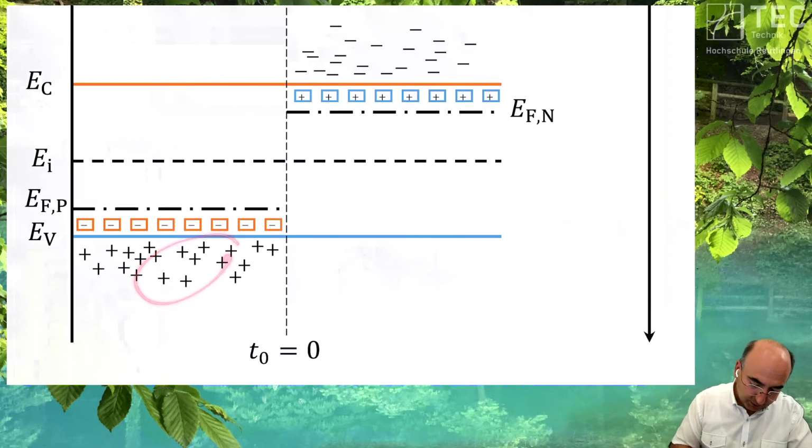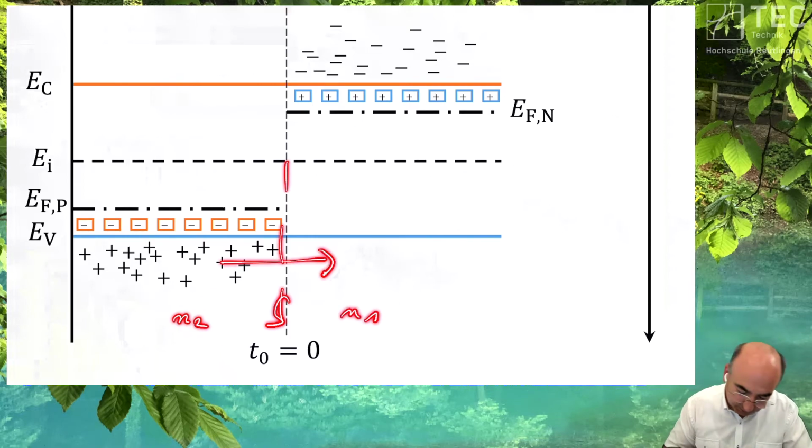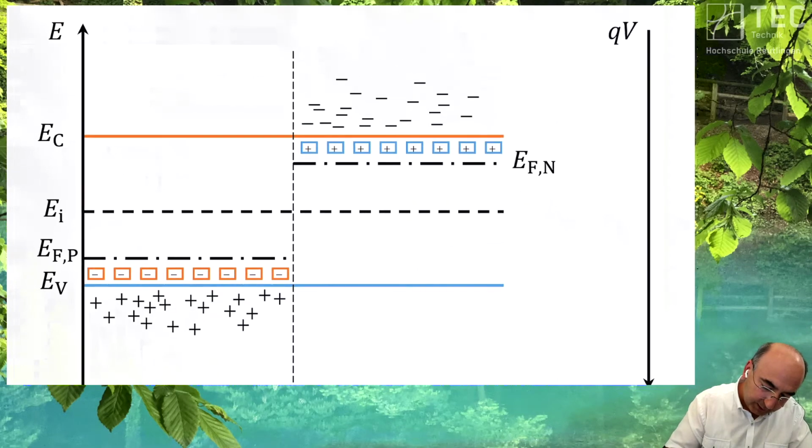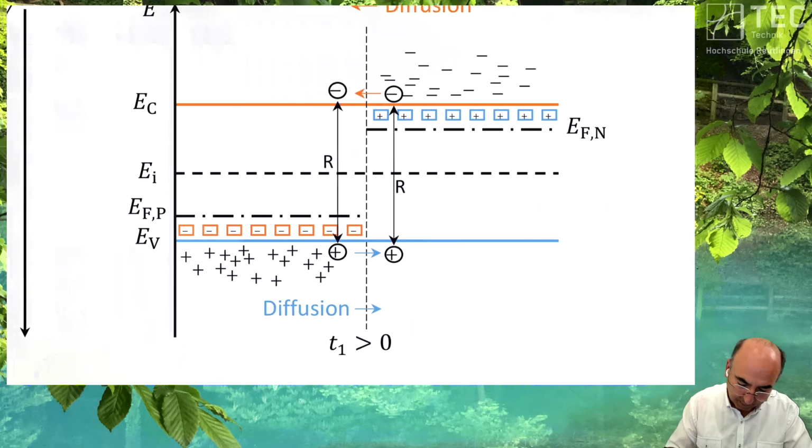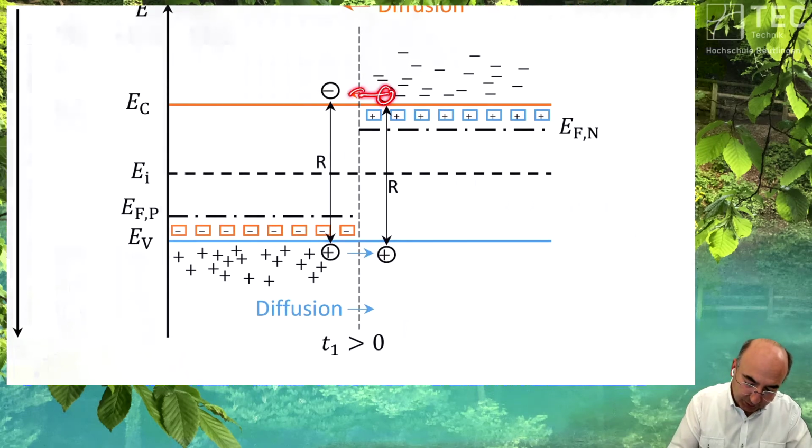Okay, here we have a high concentration. This is N2, this is N1, so we have a diffusion. This is also true for here. This is the intersection area, N1, N2, we have a diffusion. And the diffusion has a flow rate as a result. So we have a flow. What happens? Each electron which diffuses to here